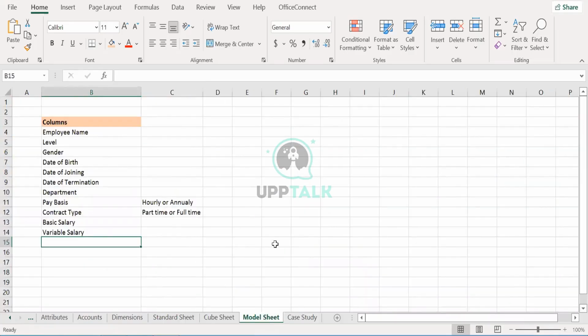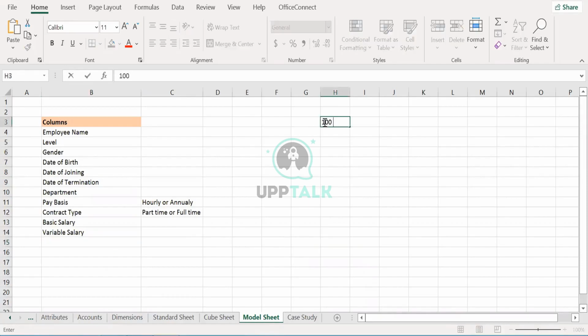The classic example of a model sheet is that every company will have salary data in the organization. There could be salary data captured for 100 employees. Whenever you capture salary information, a lot of columns are required in an Excel file.